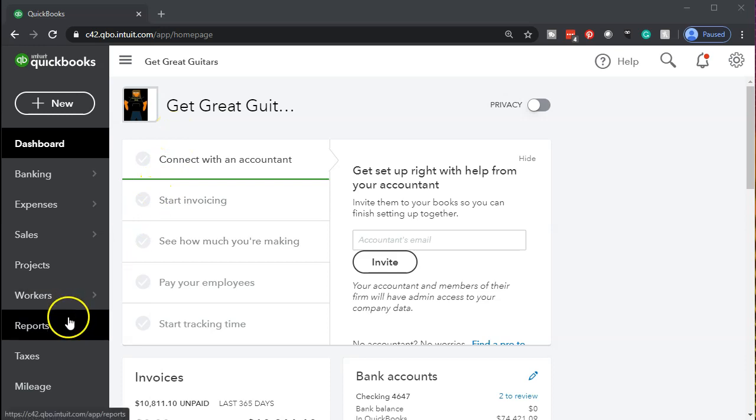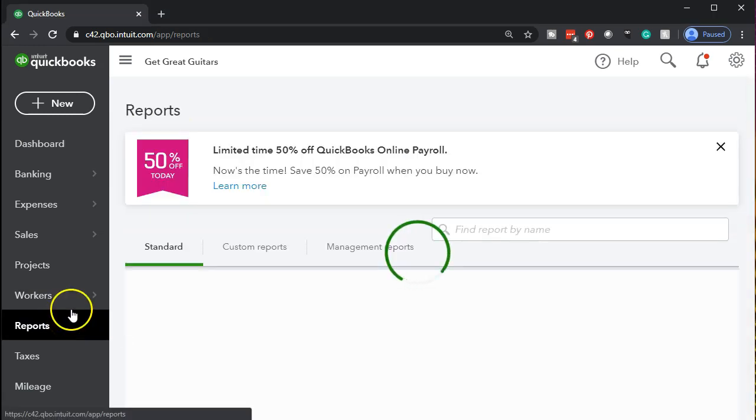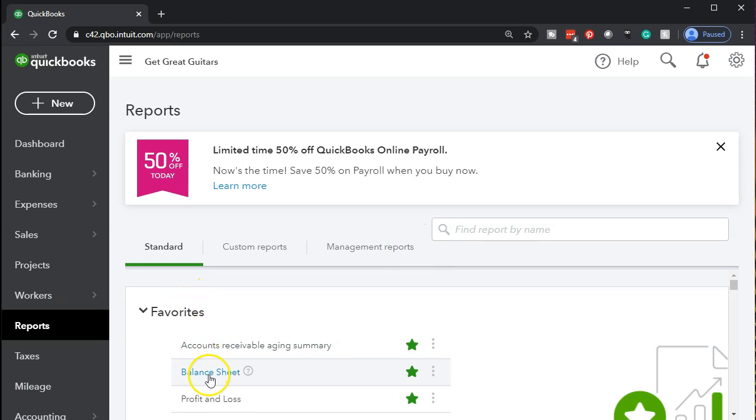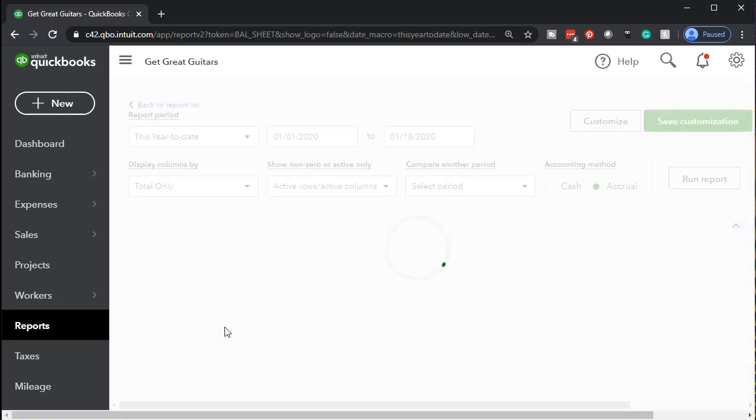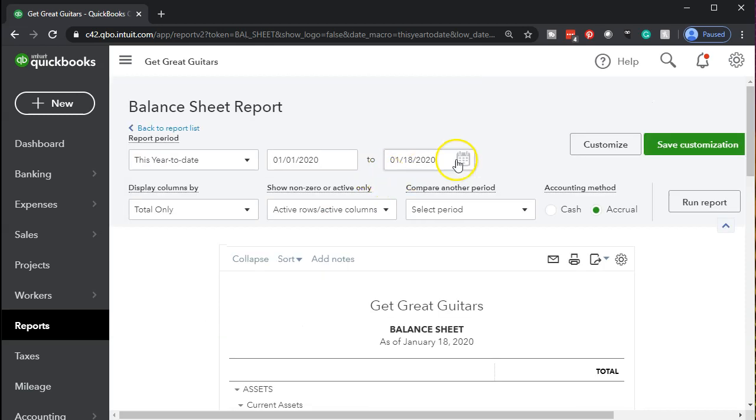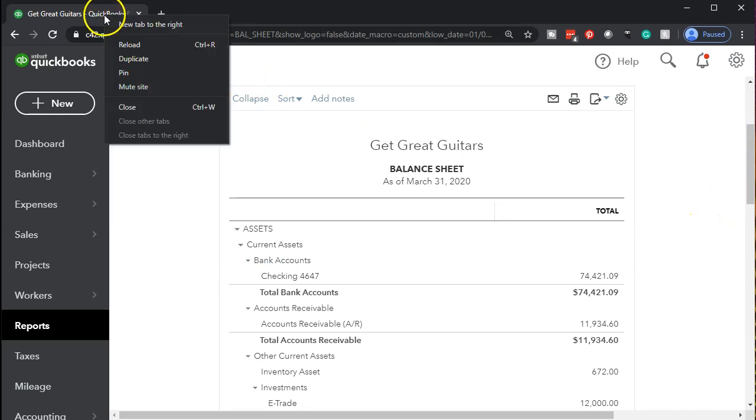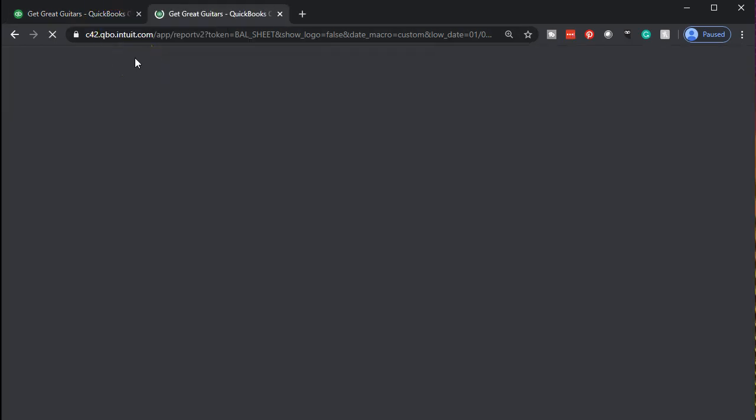We're going to start off by opening up our reports once again. So we'll go to the reports at the bottom. We're going to be opening up the balance sheet. Within the balance sheet, going to be changing the dates up top. Those dates being January through, I'm going to make it through December, or let's make it through March 03/31/20. Run that report. Then I'm going to right click up top and I'm going to duplicate that tab